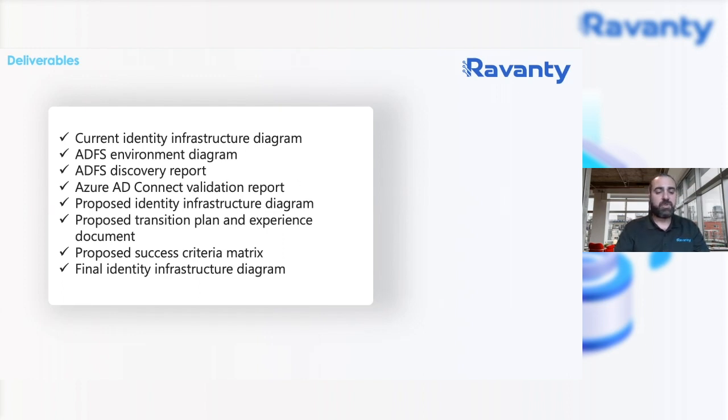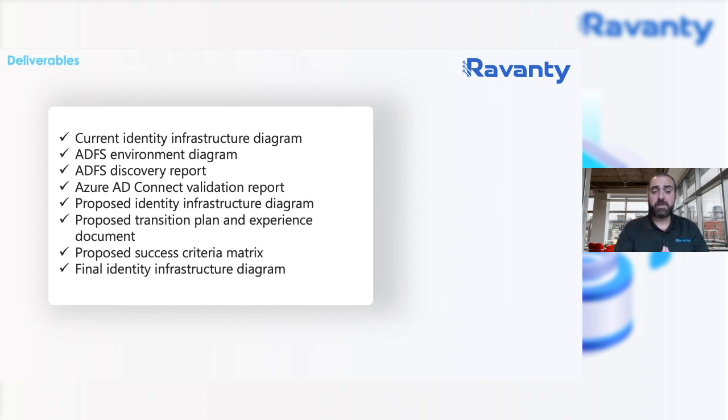And also proposing a transition plan and experience document, and going back to that adoption and change management conversation, really not bringing the training component at the end of the transformation, but throughout the project, making sure that there is proper transparent communication within the organization with appropriate departments, with appropriate teams to prepare them for that cutover, and really empowering that with a specific success criteria matrix document, which will represent what success means for your organization, right?